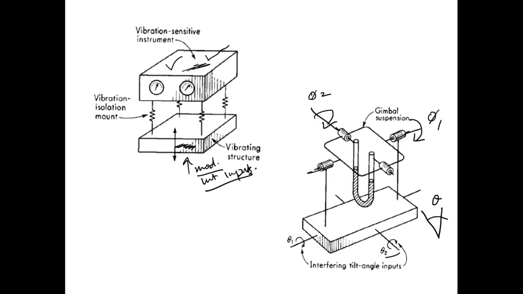So this is again putting a gimbal mechanism, which would be a kind of filter here, and putting a vibration isolation mount again is a filter here. So in this case, this is filtering the inputs itself. All right, so these are more mechanical ways in which we can filter the interfering inputs and the modifying inputs, so that they don't have an impact on the output.